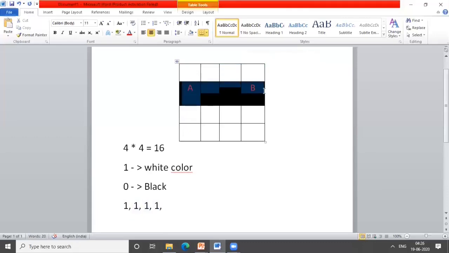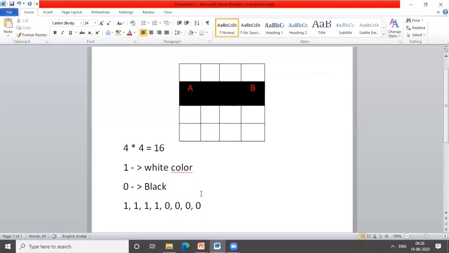Now consider the next row. On the next row, again, how many pixels are there? 1, 2, 3, 4. I have labeled 2 pixels out of them: the first pixel I have labeled as A and the second pixel as B. Again we have 4 pixels, but what is the color of those pixels? It is black. So here in memory, 4 zeros will be stored. These 4 zeros represent the color of these 4 pixels.